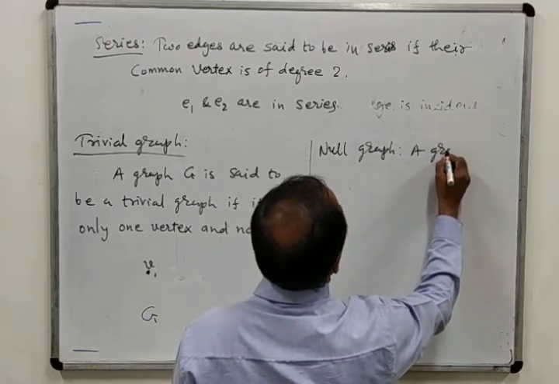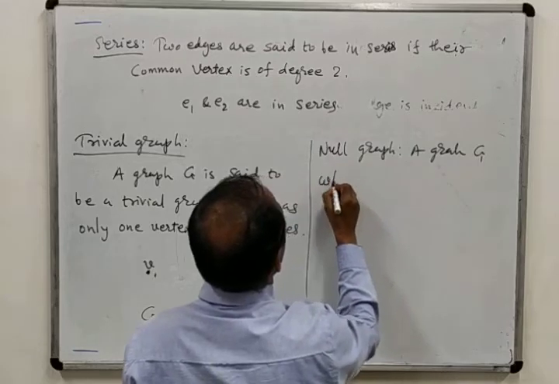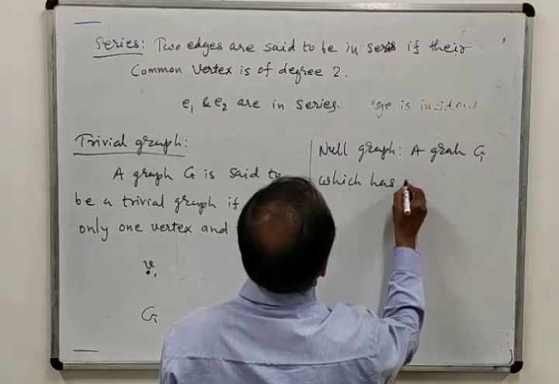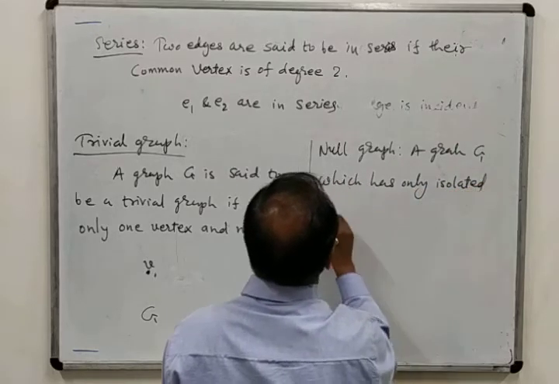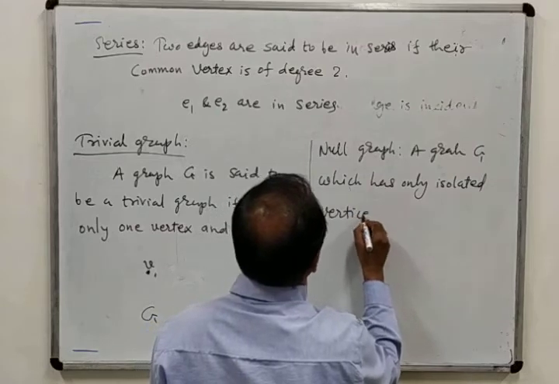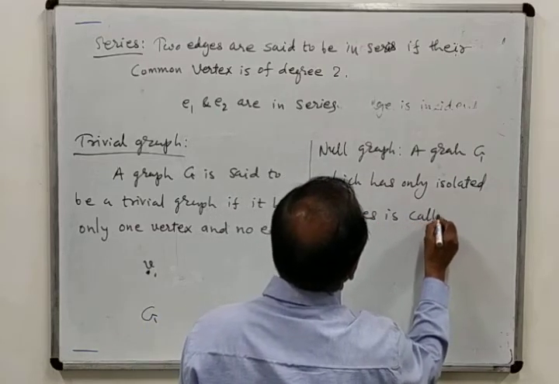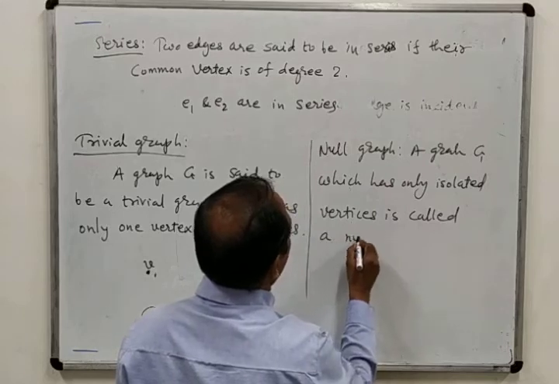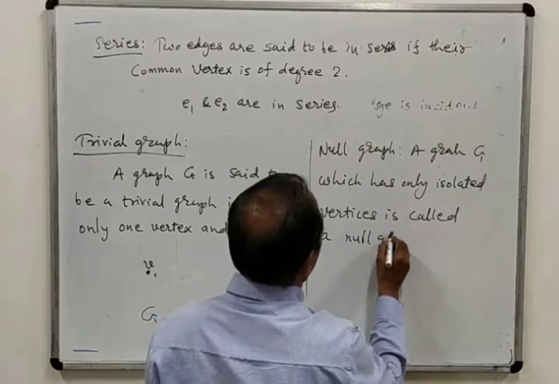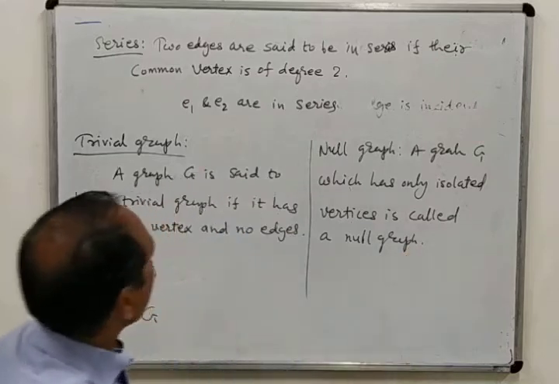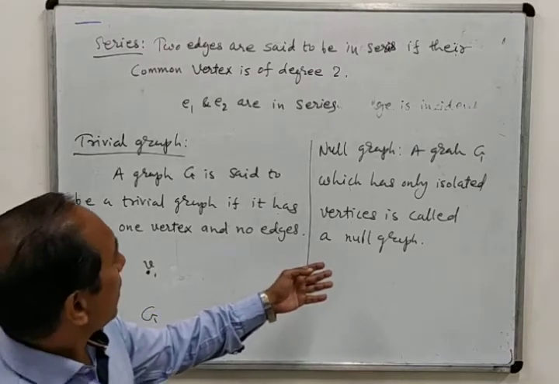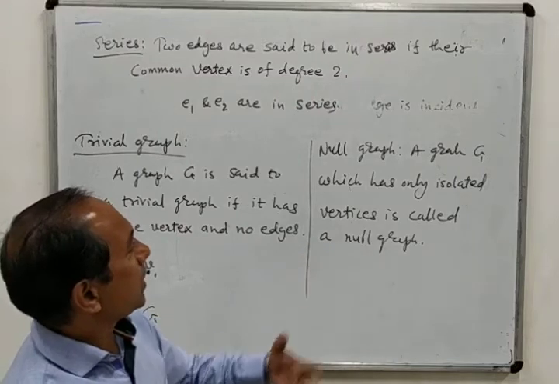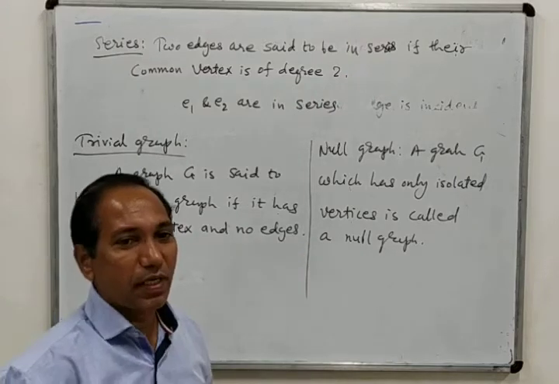A graph G which has only isolated vertices is called a null graph. So I told you that you can also write the same definition in your own words, but the meaning must be preserved. You can also write here that the graph which contains only isolated vertices is called a null graph,